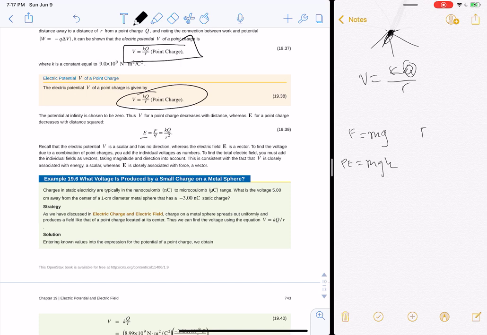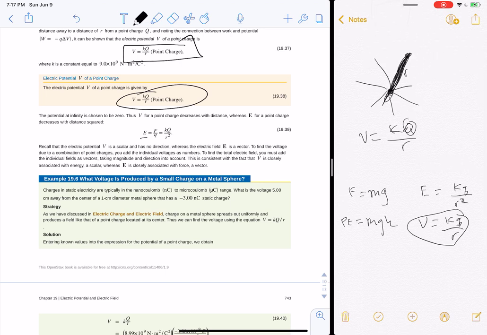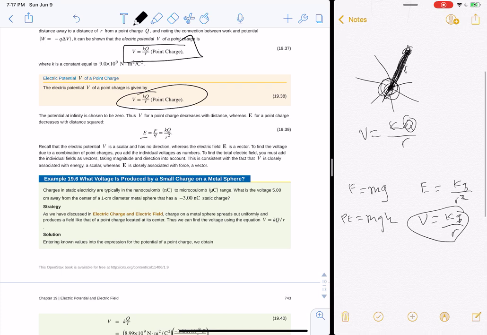In this case, our electric force is kq over, well, we'll call it E. Our electric field is kq over r squared. Our voltage then is kq over r. So if you multiply this by r, it cancels one of the r's out, and then you have this. So it's the same idea as multiplying mg by distance, force times distance. It's the same idea here, force times distance. So you're taking your force at the center of this charge times the distance,